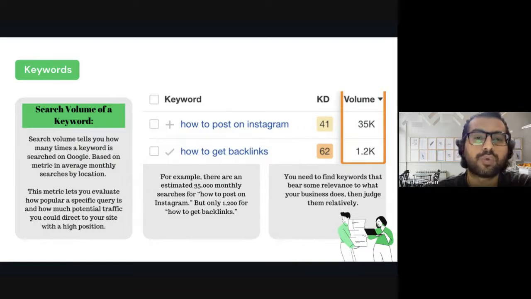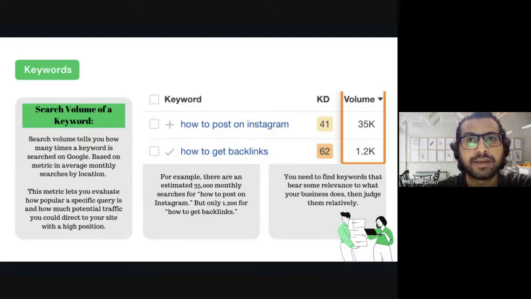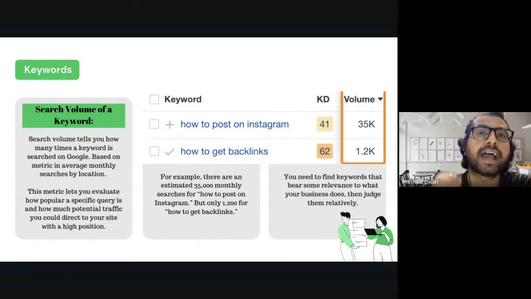Bangalore. So you will pick your keyword and you will pick the location, because every location searches differently. In the US, you will find less volume about digital marketing, because digital marketing is already really popular in the US. Everyone knows about digital marketing. In India, not everyone knows about digital marketing. That's why lots of people are searching. So you will pick the location, you will pick the keywords, and this is the insight you will get, 35,000 or something like that, and that is the average monthly searches.